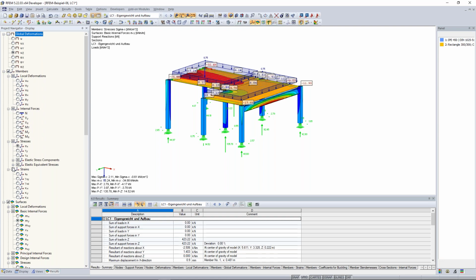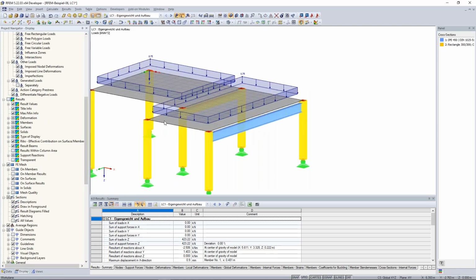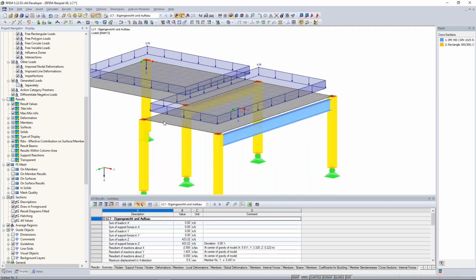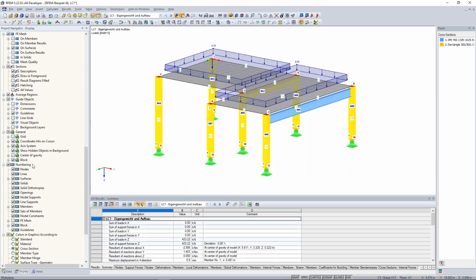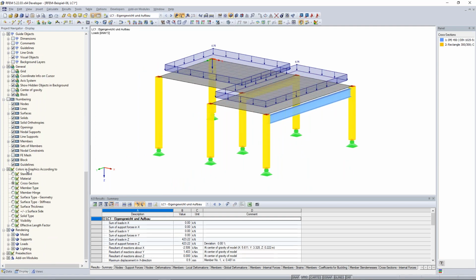Yeah, and also when I don't want to see the FE mesh, I can deselect that and so on. Also the numbering, maybe that's interesting for someone, and so on. One tip from my side: use these colors and graphics according to, and here we can choose, the cross